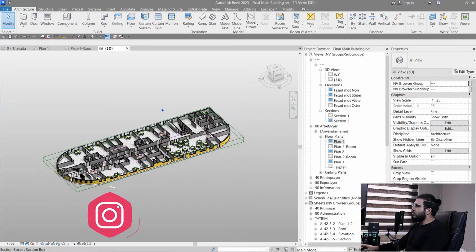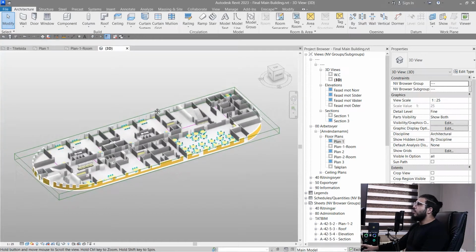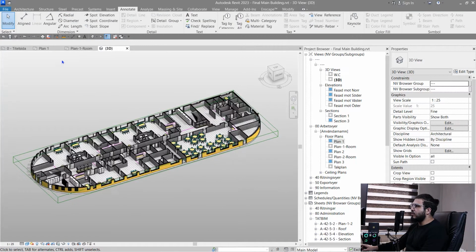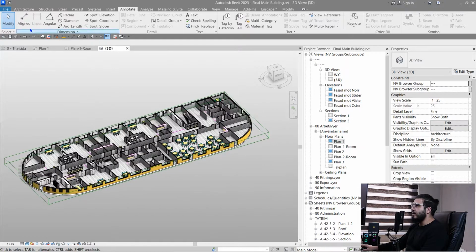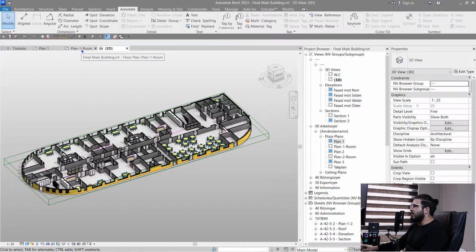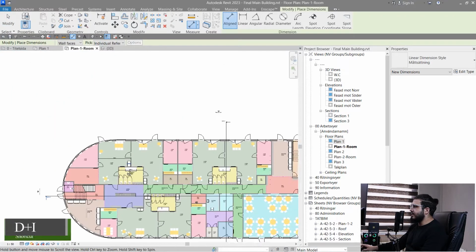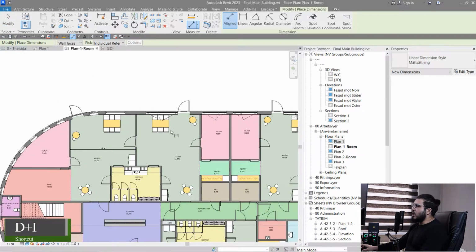We have too many tools in here and most of them are really helpful in the annotation part. The first one that we want to talk about is in the Dimension Panel, and which is Align. Let's go to the floor plan, and here click on Align, or you can access it with the DI shortcut,